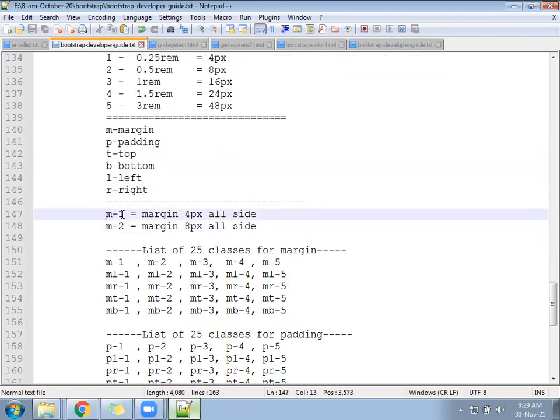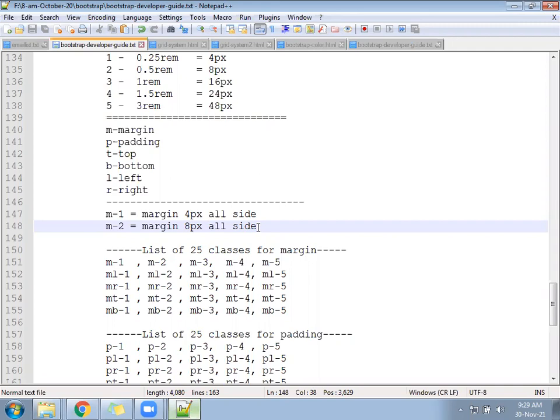When we write M-1, what does it represent? 1 means how many pixels? 4 pixels. So it will apply 4 pixels from all sides. M2, what will it do? 8 pixels from all sides. Similarly, M3, how much? 16 pixels from all sides.